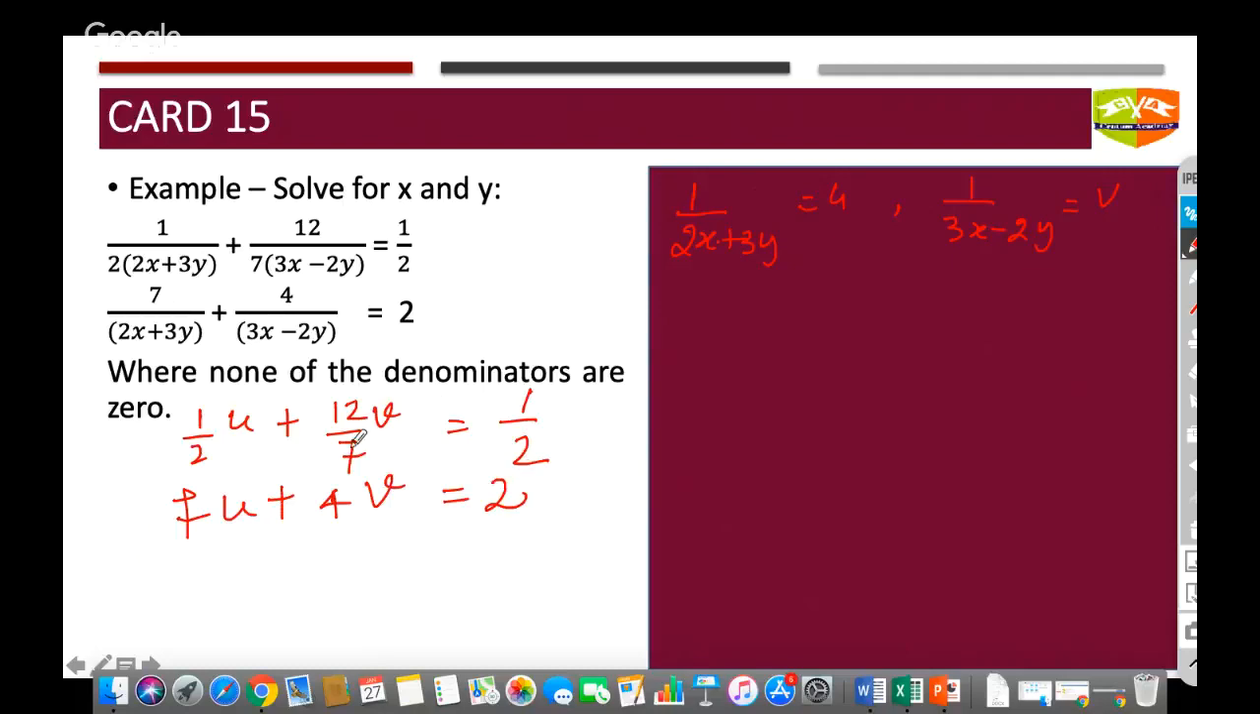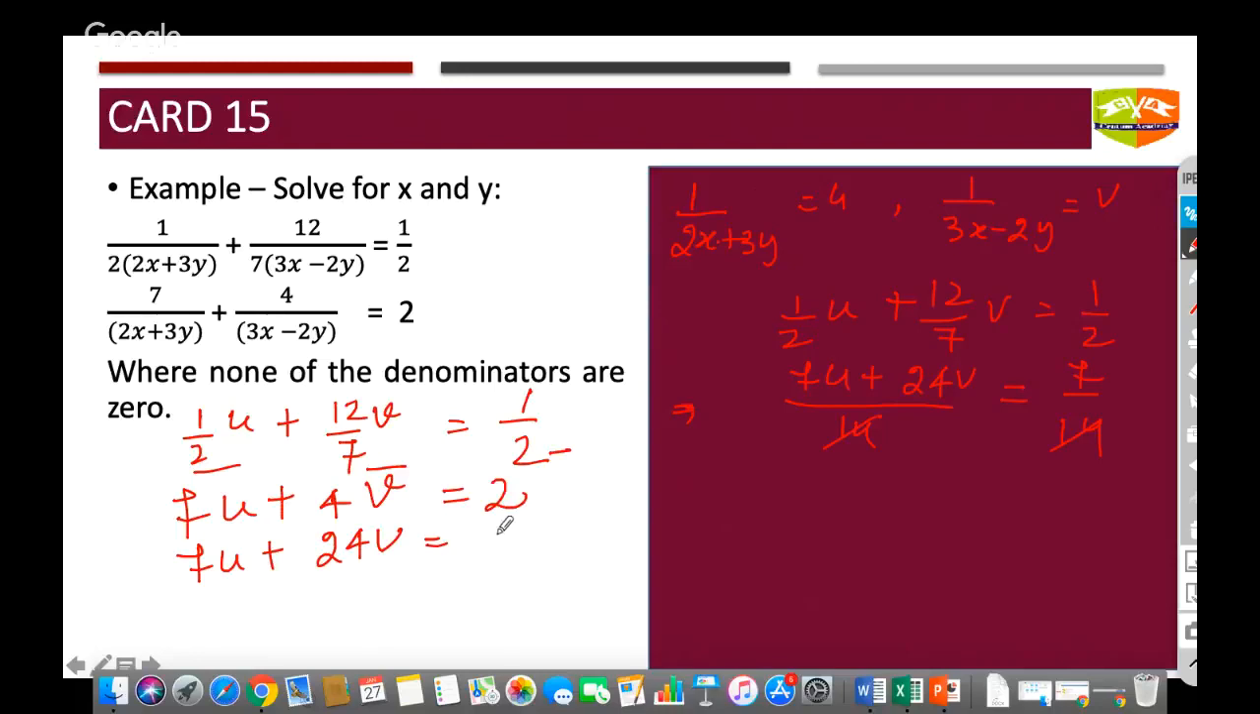So what I do is, because denominators are coming, which are 2, 7 and 2, I'll try to remove these denominators first. So I'm writing this equation 1 by 2u plus 12 by 7v is equal to 1 by 2, and as the LCM is 14, I'm writing 14 everywhere, and this comes out to be 7u plus 24v is equal to 7. So this 14 gets cancelled out. My second equation comes out to be 7u plus 24v